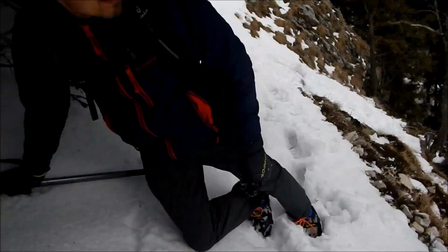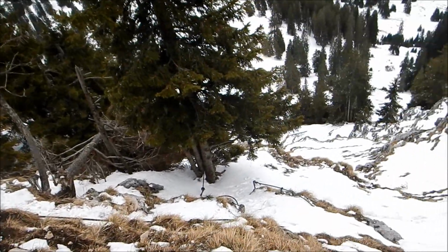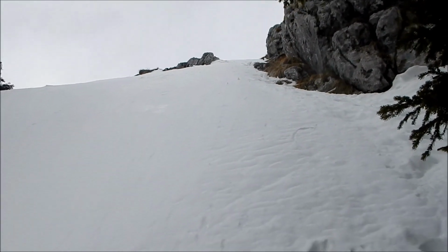So here we have a nice little steep section that we just came up. Hey there, what's your name? Hey Lars, thank you for being around. Pretty cool to do this together. This little sharp steep bit. There's the iron thing, and we're very close to topping out now. This last little bit. And I'm making some big steps for tomorrow morning, because this will all be rock hard